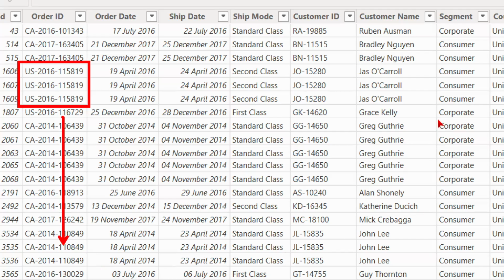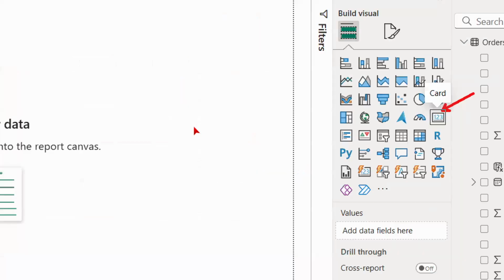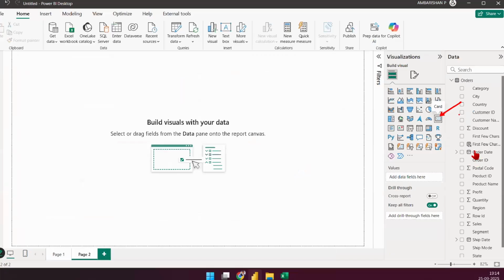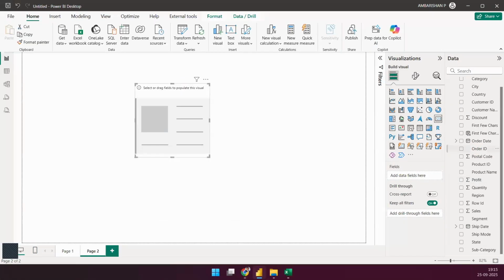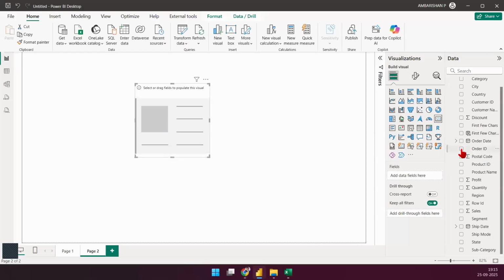I'm going to use this visualization called the card visual. I'll go ahead and click on that. And let's take the order ID directly. Yes, let's do an order ID. Check that box again. Nothing complex. We'll do some complex ways of working, but we want to get started very simple. Check that box. That's showing you some values.